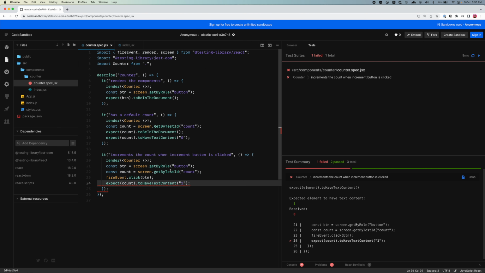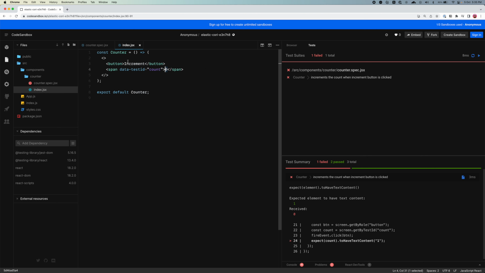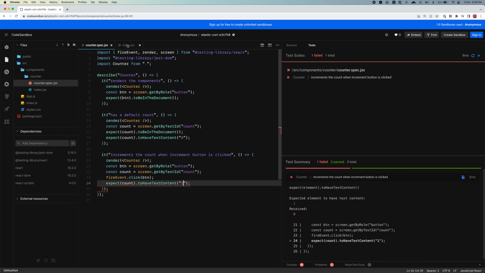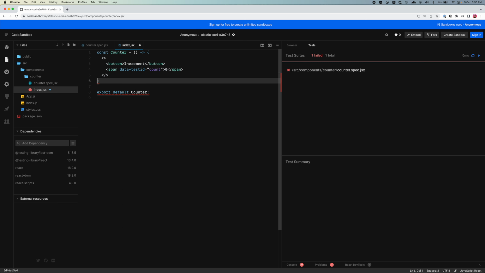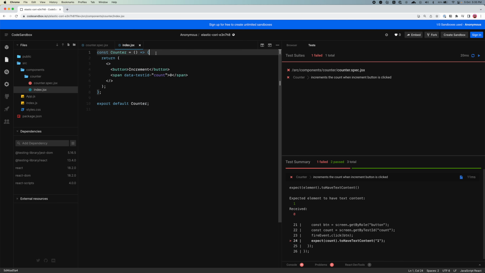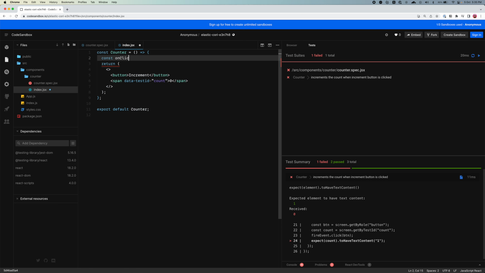So if I go to my index.js, there's no such code to make sure that when you click on the button, the count here is incremented. So let's add that code. It's time to do that and make the tests pass. So what I'll do is I'll add a method here, and to add a method, I'll convert this into curly braces, and then I'll return this JSX, so that above this I can add a method called onClick. And what happens on this onClick is we get an event,